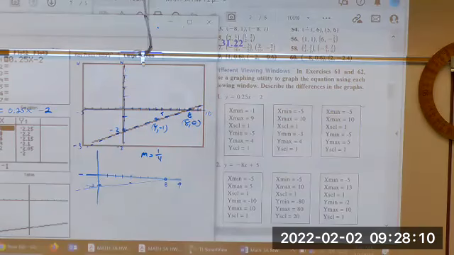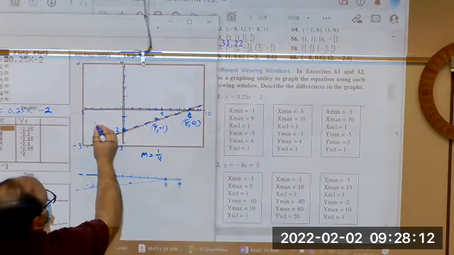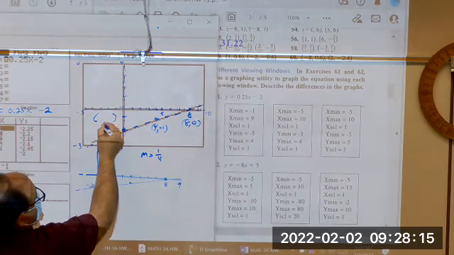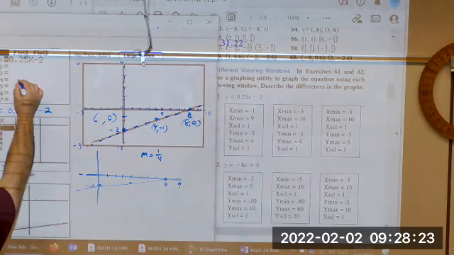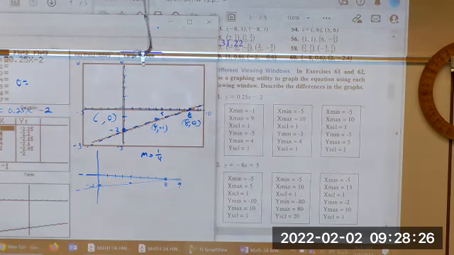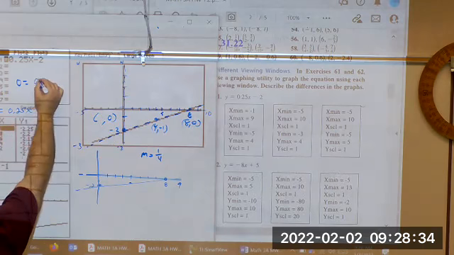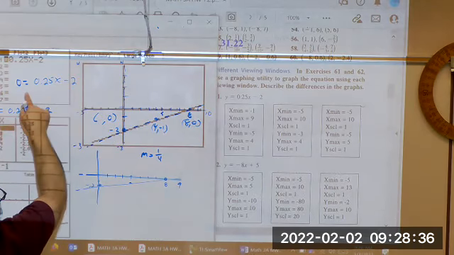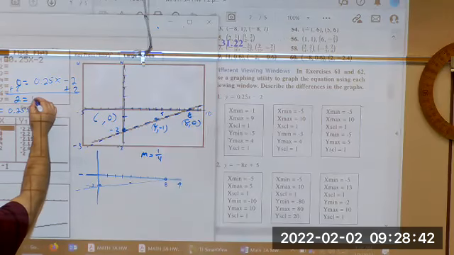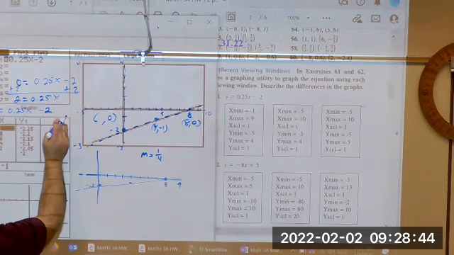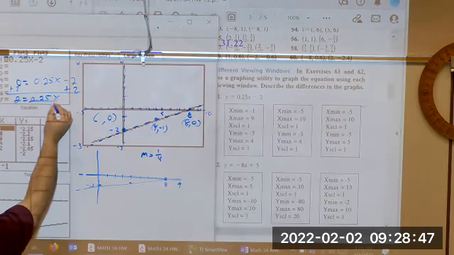Now remember, to find the y-intercept, the y-intercept is always where the y-coordinate is a 0, because it's on the y-axis. So if I let the y equal 0, for any kind of function, for a linear, for a quadratic, for cubics, if you let the y equal 0 and solve for x, so +2, 2 is equal to 0.25x, divide by,